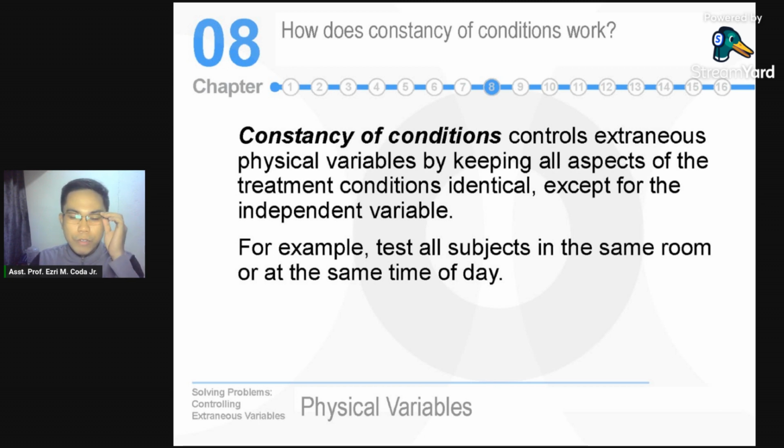Now, constancy of conditions naman, it is still a way of eliminating or reducing or controlling our physical variables. Constancy of condition controls extraneous physical variables by keeping all aspects of the treatment conditions identical, except for the independent variable. So, for example, test all subjects in the same room or at the same time of day. So that is how we make a constant